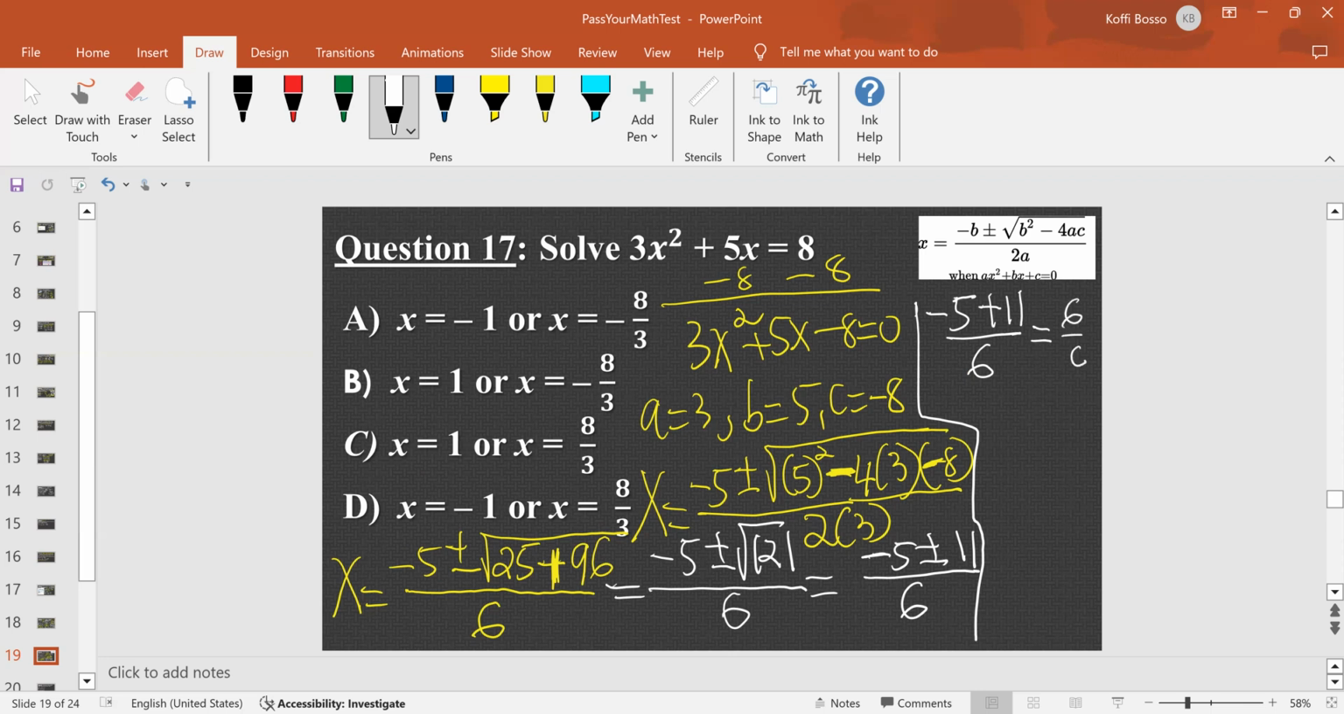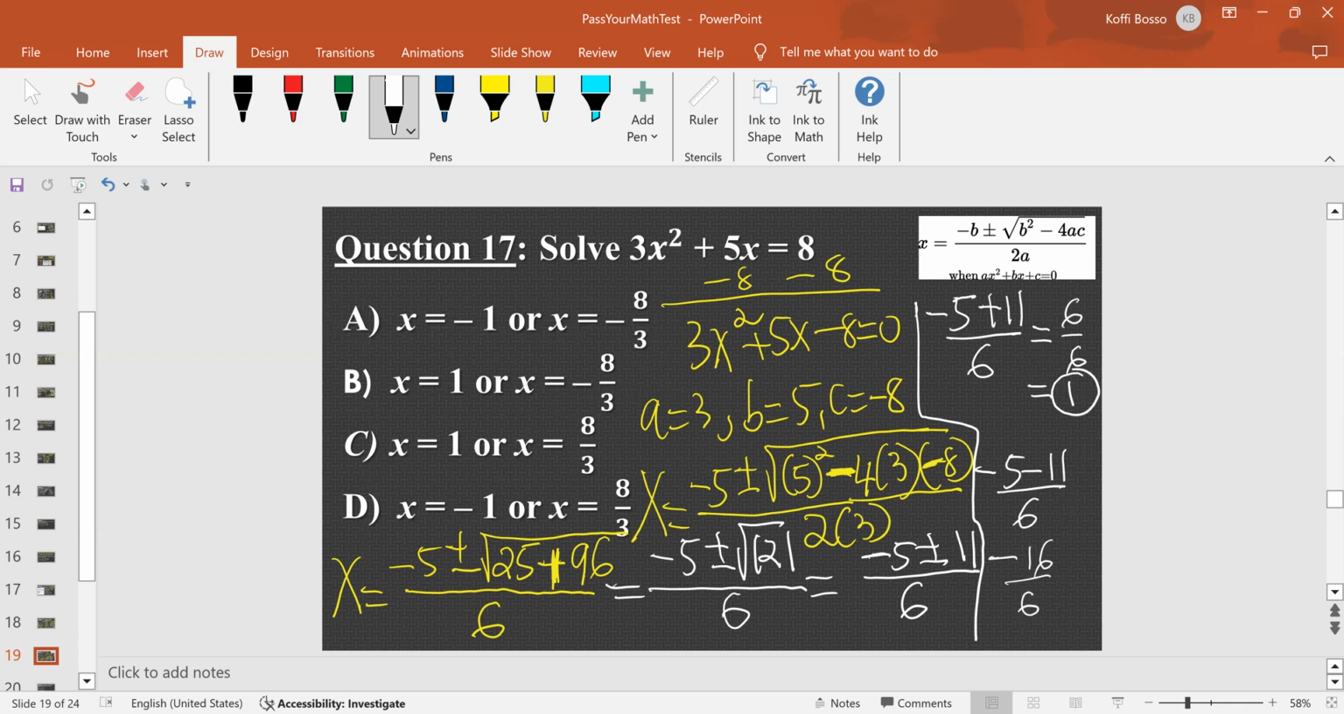6 divided by 6, which is 1. So this is one of the solutions. We continue. The second one is that you're going to have a negative 5 minus 11. The reason they said plus minus 11. Plus minus means we need the two solutions where one will be positive 11 and the other one negative 11. So if you do that, you're going to have a negative 16